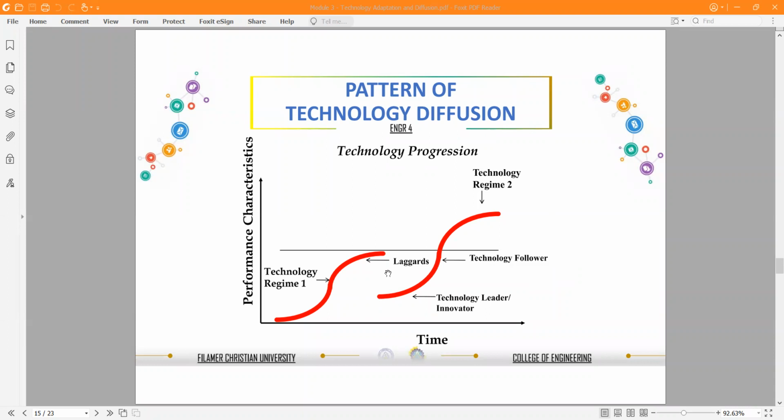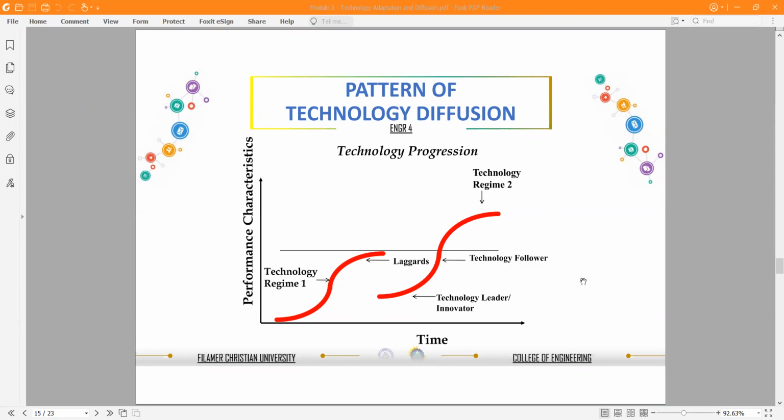Medyo nag-advance siya through time. So this is the technology progression, versus time versus the performance characteristics with the two technologies. So how they adapt and how fast